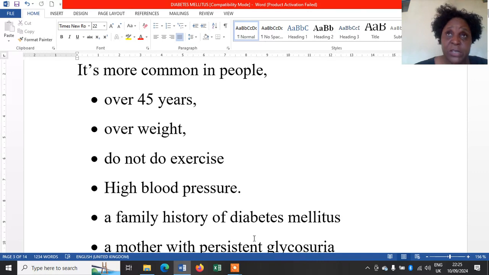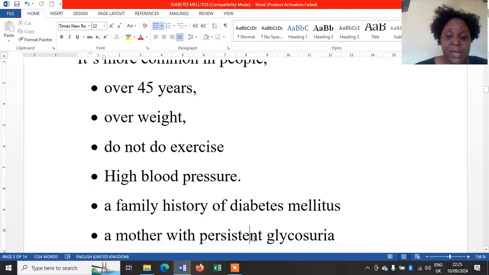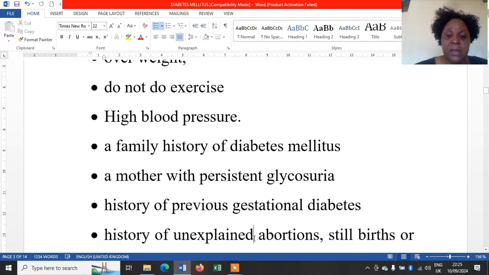A family history, that is why we always take a family history and we ask about medical conditions that transpire in the family. Persistent glycosuria, if this mother reports any history of having gestational diabetes, so this mother is also